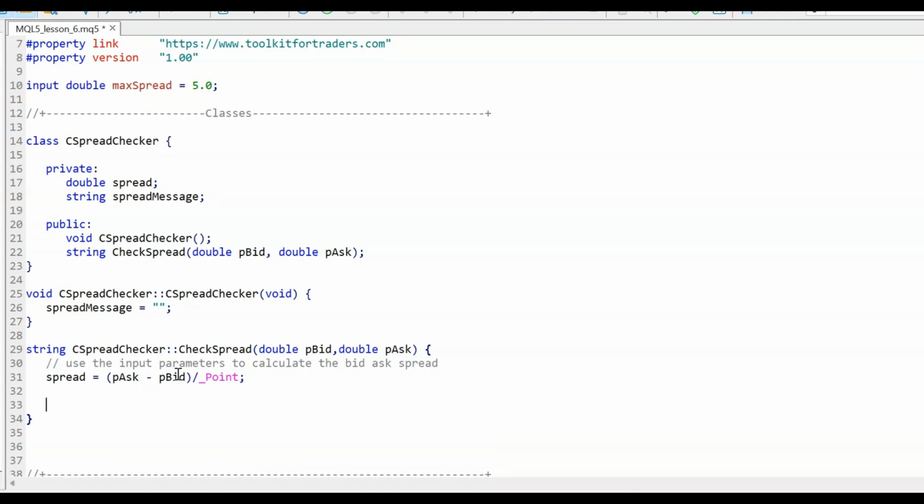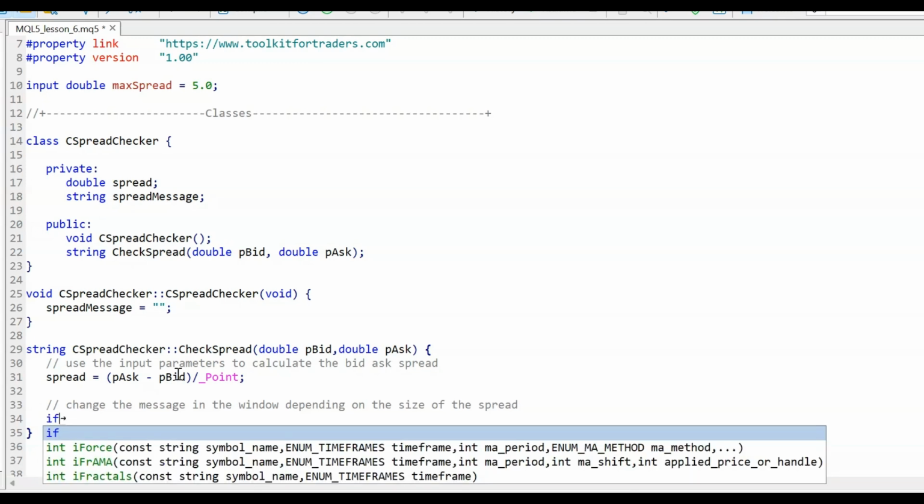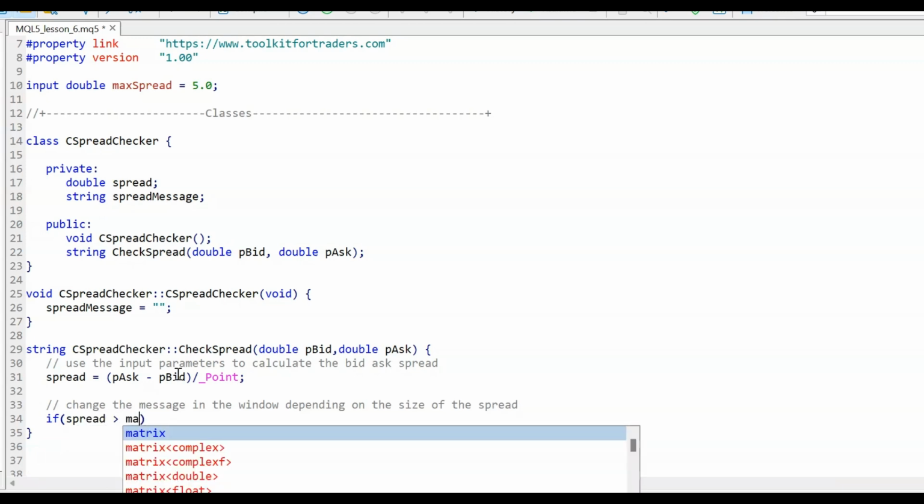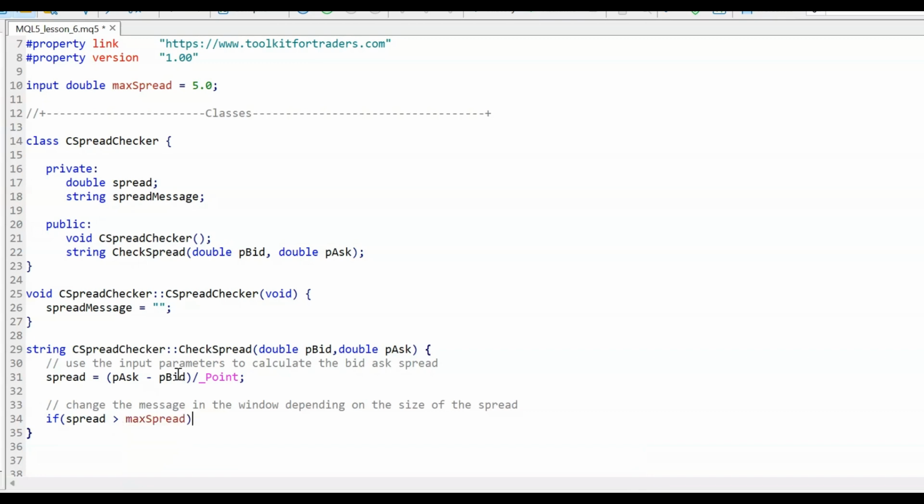And then we're going to change the message in the window depending on the size of the spread. So just taking time to comment so we all follow what we're doing. So we're going to use that if statement again. We're going to say if the spread is greater than the max spread, which is our input, we will,